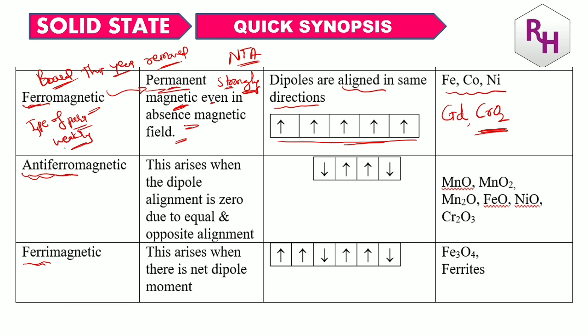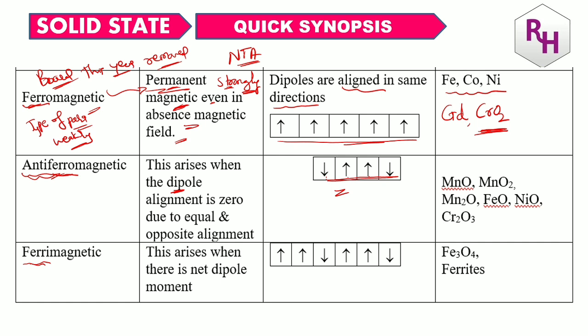Ferromagnetic attract. Antiferromagnetic has zero dipole moment, there is no attraction. But it does not mean that it is diamagnetic. It is not at all diamagnetic. Remember, in diamagnetic there are no unpaired electrons. But in antiferromagnetic there are unpaired electrons, but they are in equal and opposite number. So 2 are downward, 2 are upward, which means the total magnetic moment will become 0, which means it will not be attracted by the magnetic field.